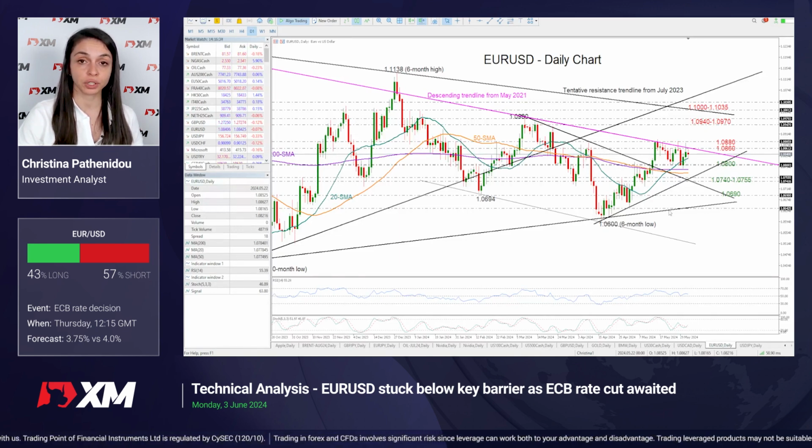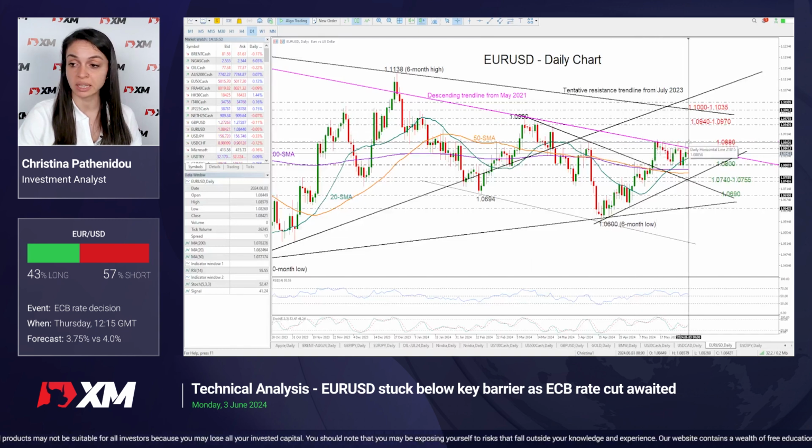So if the central bank is questioned about when the next rate cut will take place and it announces a hawkish policy guidance, euro dollar could break the 1.0860 and 1.0880 resistance territory, which has been blocking upside movements over the past 2 weeks. A successful close above that bar could take euro dollar up to the 1.0940 and 1.0970 constraining zone, while higher than that, a break above the 1.10, 1.1035 territory and beyond these constraining lines over here could be important